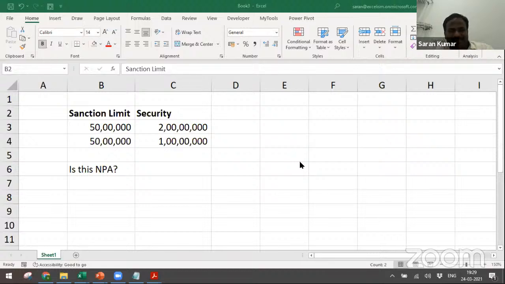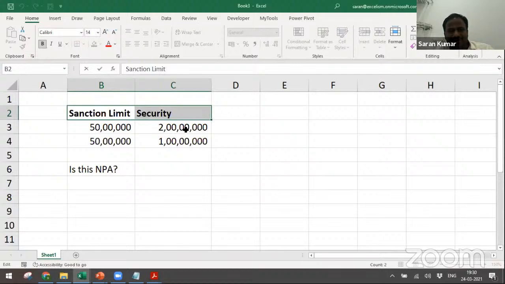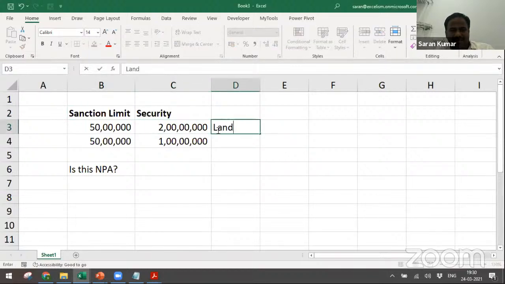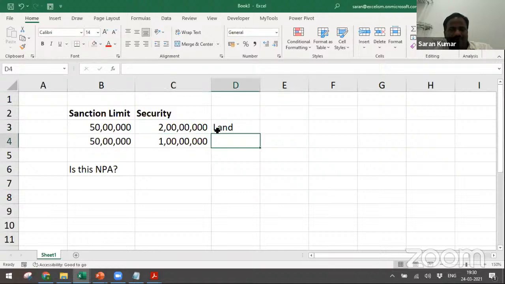Let me tell you, because in these cases, generally you'll get the argument from the branch manager that, sir, anyway the security is more than the loan. It might be perpetuation of fraud? Why is there a fraud? Where is a fraud involved here? It is just a security which deteriorated. Maybe they took land when there was a peak market rate of 2 crore, now it became 1 crore. There is no fraud here. It is just a deterioration of security.